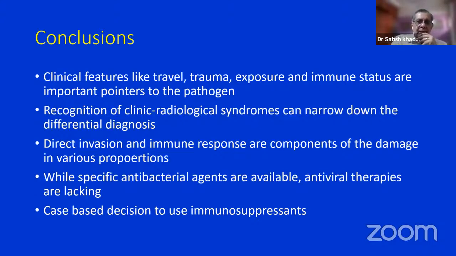So to conclude, clinical features like travel, trauma, exposure, and immune status are very important pointers to the potential pathogen. Recognition of clinical and clinical radiological syndromes can narrow down the differential diagnosis. Direct invasion and immune response are components of the syndrome in various proportions. While specific antibacterial agents are available, antivirals are still lacking, and a case-based decision to use immunosuppressants has to be